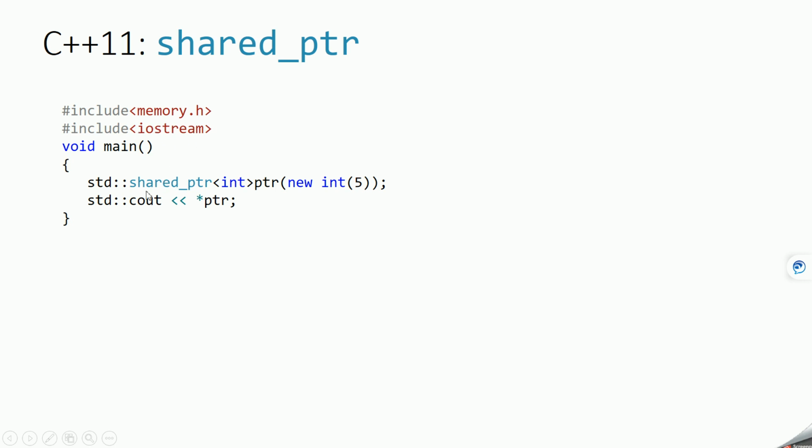Then we write shared_ptr, and then the type of memory, basically the data type, int, char, float, or any user defined type, and then the name of the pointer, and then using new we allocate the memory. If you want to assign some value to that memory, you can give the value this way. If you run this program, you will get output like this.